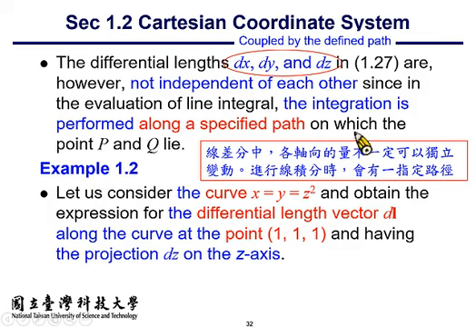The differential lengths dx, dy, and dz are not independent of each other if they are used to describe the same differential length. 在线差分向量的描述里头，它的 x 分量跟 y 分量跟 z 分量不是独立的，而是被 bound 在一起。为什么？因为它们被拿来去描述一个向量，描述这个线差分向量。所以意思是说，当你的 dx